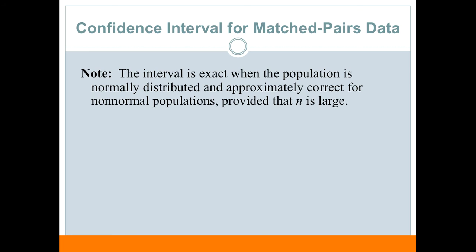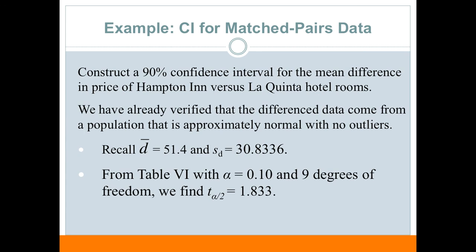So the interval is exact when the population is normally distributed, but it's only approximately correct for non-normal populations, provided that n is large. This is just one kind of important note and distinction that we want to make here. So let's take a look at an example for the confidence interval. We're going to deal with that same data to just kind of make our lives a little easier. We should end up with a conclusion that matches our previous conclusion, but we want to construct a